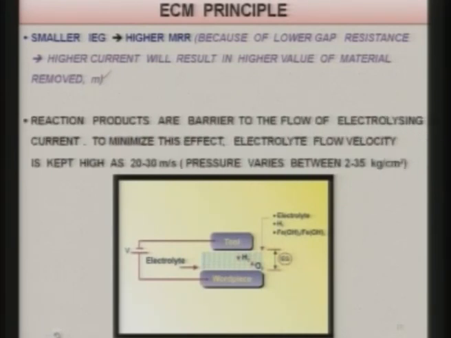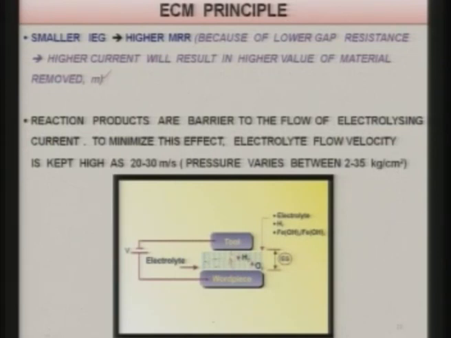Reaction products are a barrier to the flow of electrolyzing current. As you can see here, if there are a lot of reaction products over here, then current cannot flow between the tool and the workpiece so easily. So, to minimize this effect, electrolyte flow velocity is kept high, that normally ranges from 20 to 30